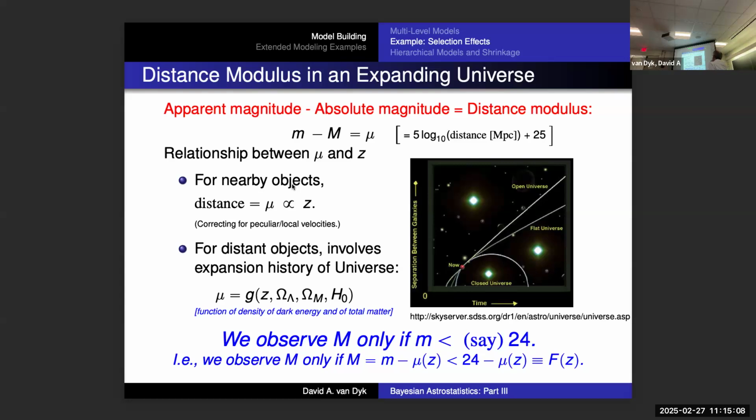The difference between the apparent and the absolute magnitude is the distance modulus. For nearby objects, distance modulus is proportional to the redshift. For more distant objects, we need to think about the expansion history of the universe and dark matter and all those sorts of things. But generally, we're only going to observe it if its apparent magnitude is less than, for example, 24. Capital M, the absolute magnitude, is equal to the difference. We're only going to observe this if little m is less than 24, and so we're only going to observe the capital M if